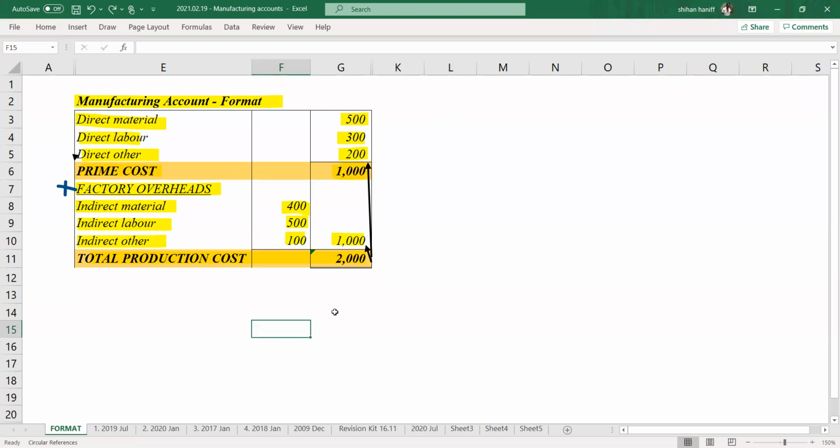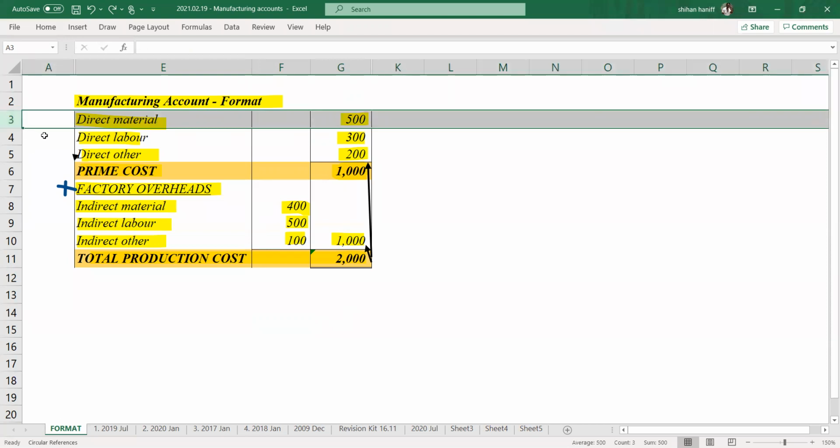Right. So next, this is the basic format, and then we have to expand this. We have to expand the format because in the questions you want to get the direct material, the full amount. So here what we need is how much is used during the current period, current year. And so here we use how much used in the current year.